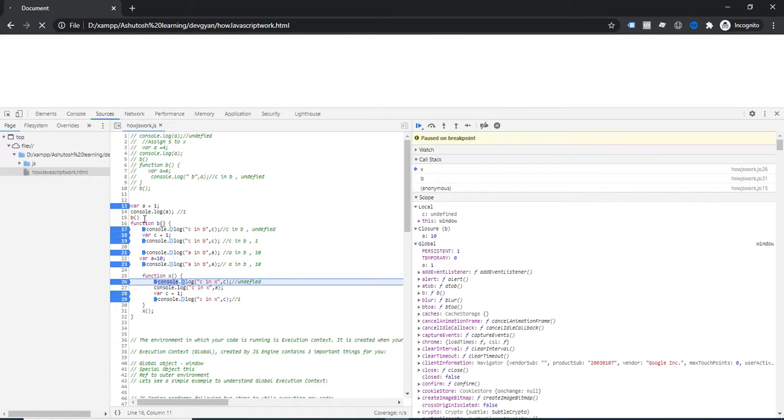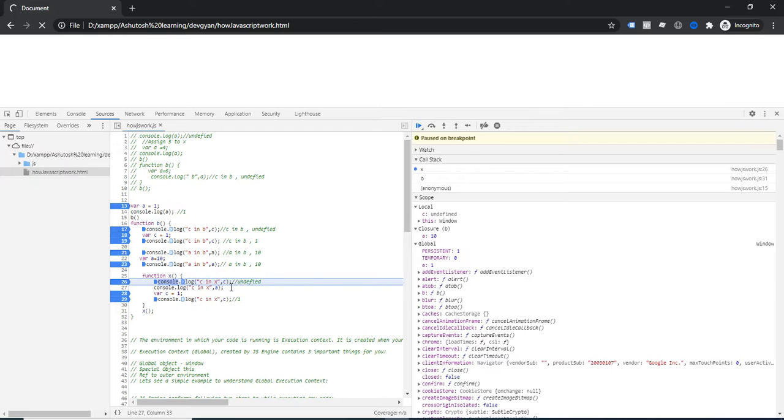What will happen if the global doesn't have the declaration of variable A either? Then it will try to find it in its parents, and their parents as well, but again it will not find any variable defined, then it will print a reference error, which is the not defined error.